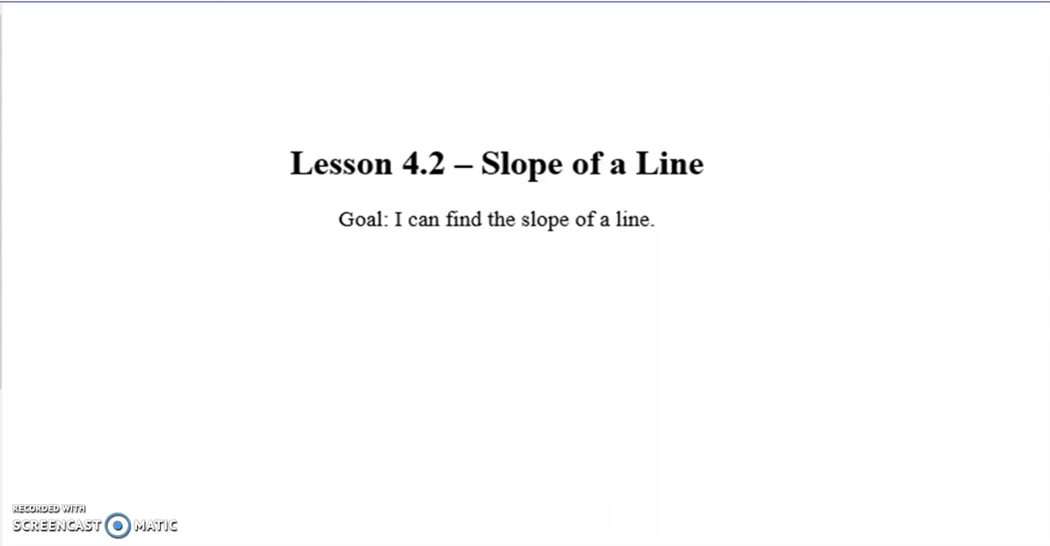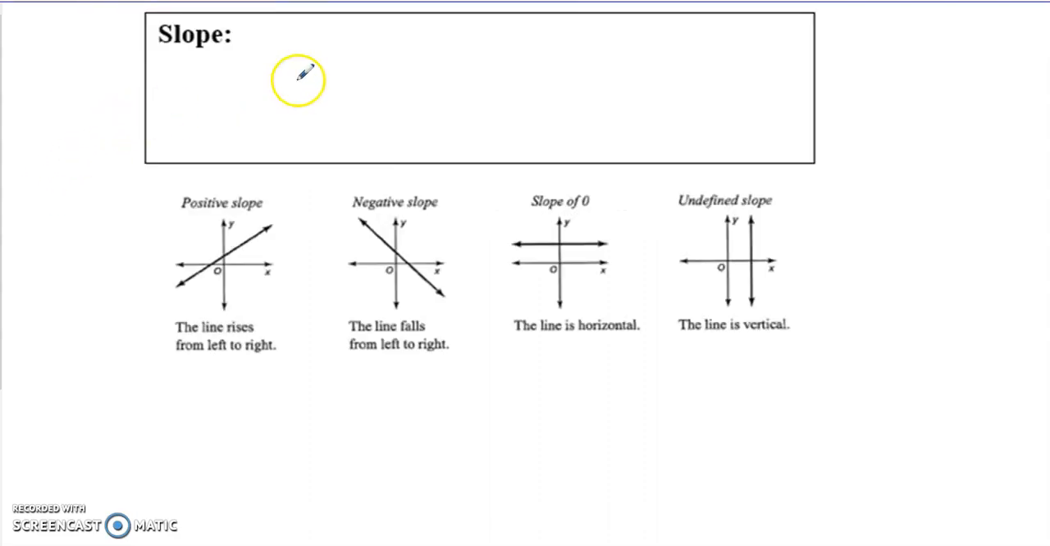Today we're doing lesson 4.2, Slope of a Line. By the end of this lesson, you should be able to say, I can find the slope of a line. Alright, slope. We're going to define this as the rise